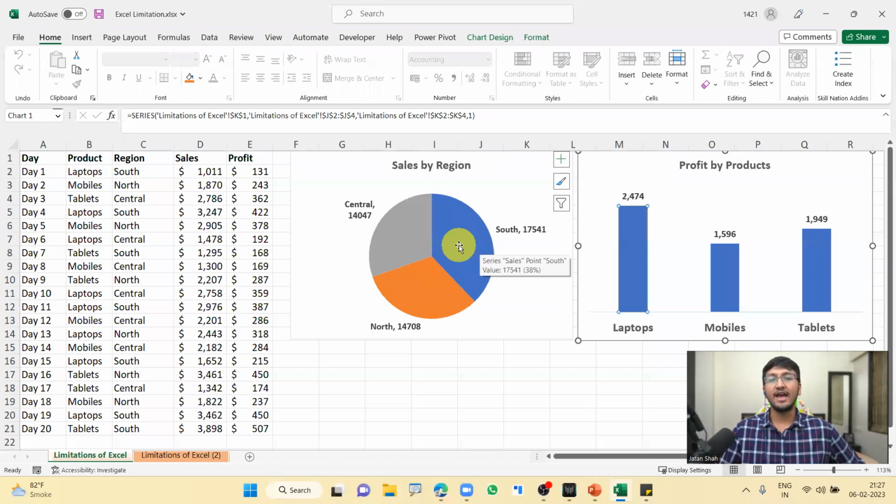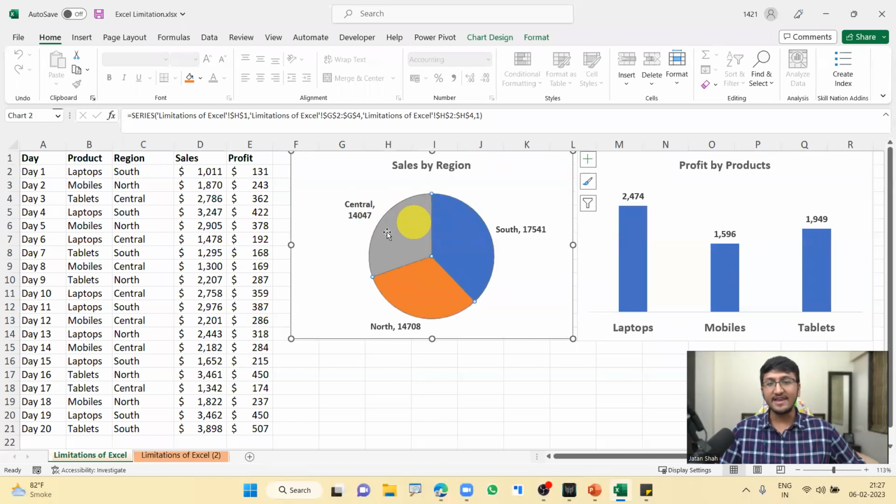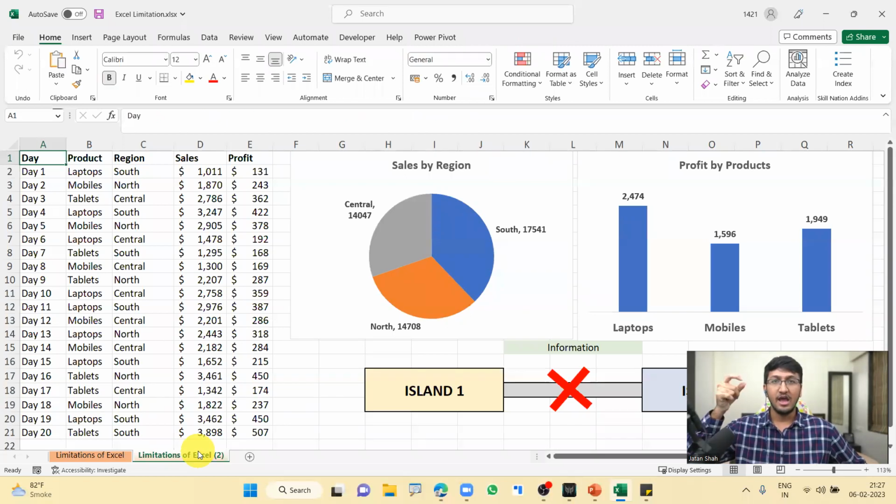Similarly, if you want to find out how much profit came from mobile phones from the Central region, can you click on Central region here and expect your mobile phone to show you profit only for Central? The answer to it is absolutely not. It is not possible. And that is what makes this entire setup a static dashboard. Understand that both these visuals are like two different islands where information cannot pass from one island to another. There is no ship in between, and the islands are very far away.